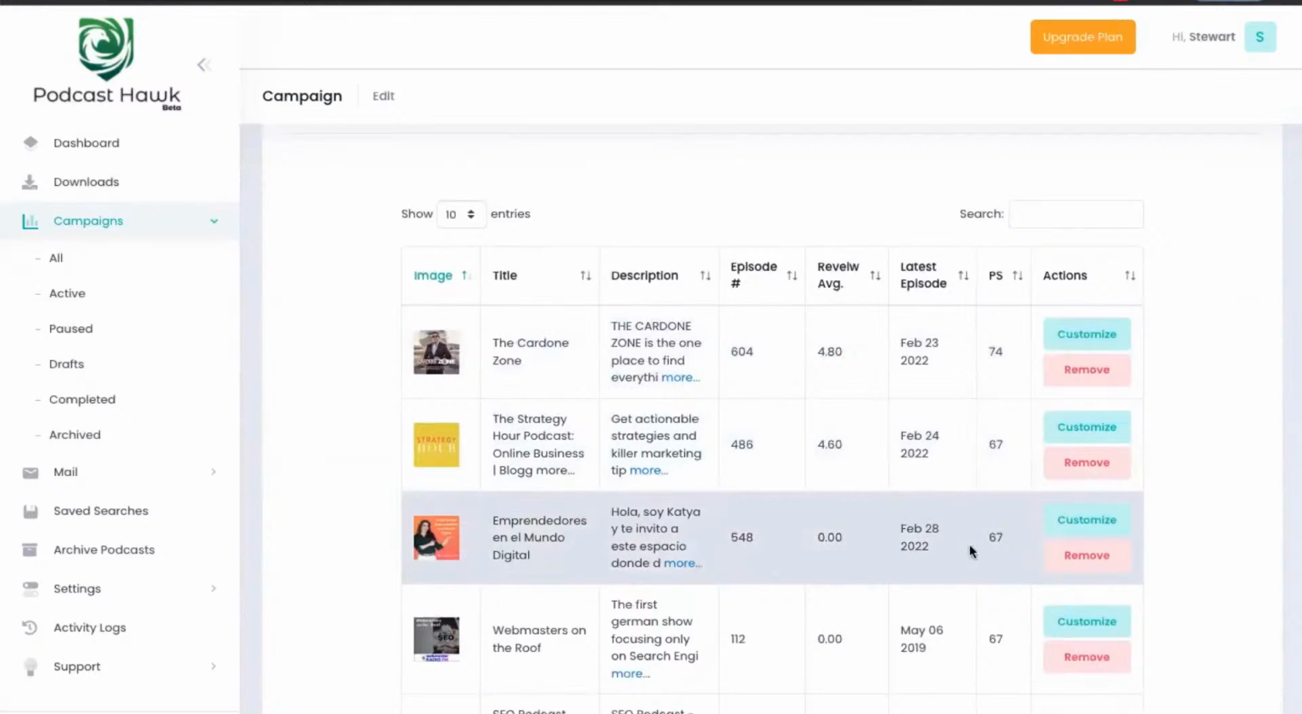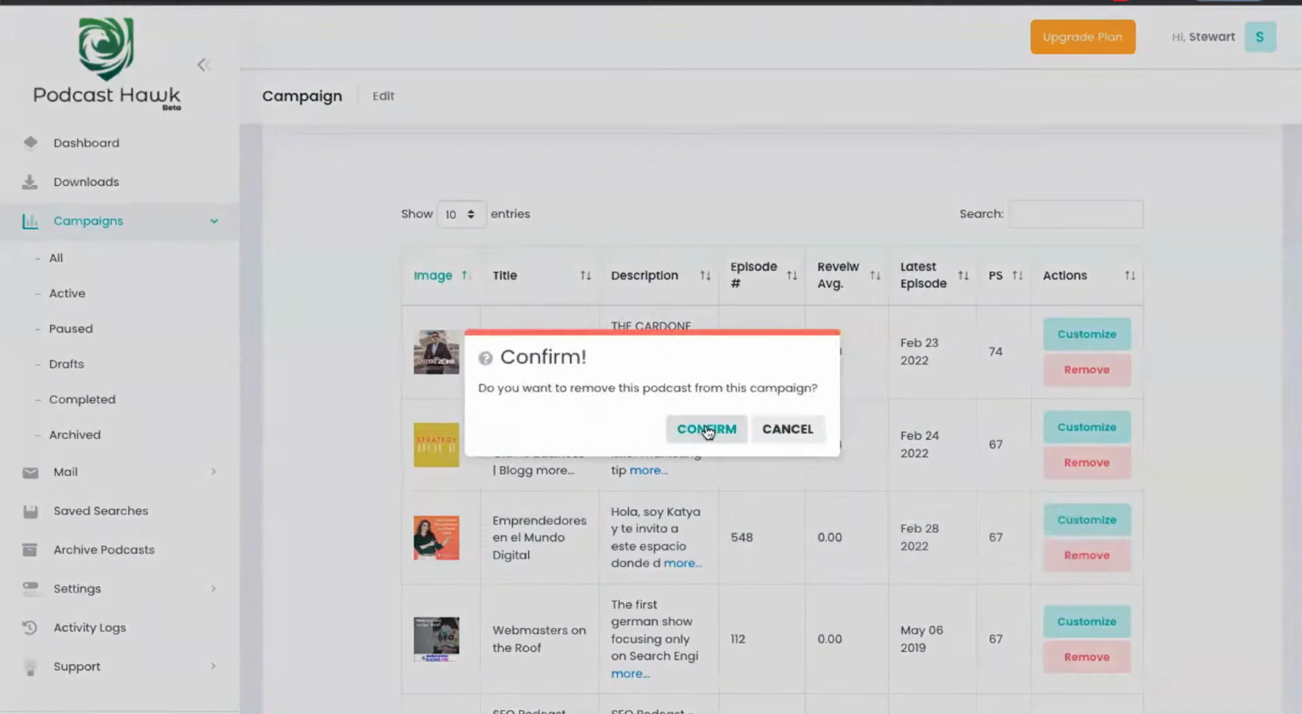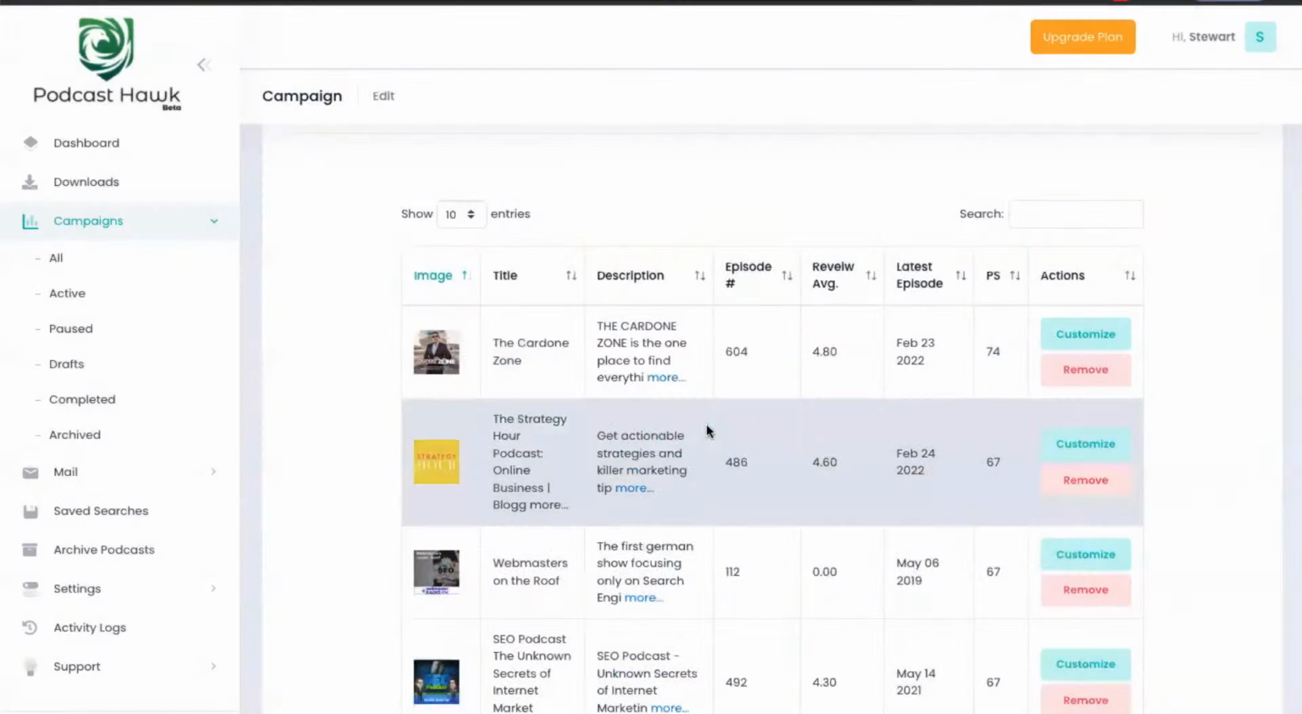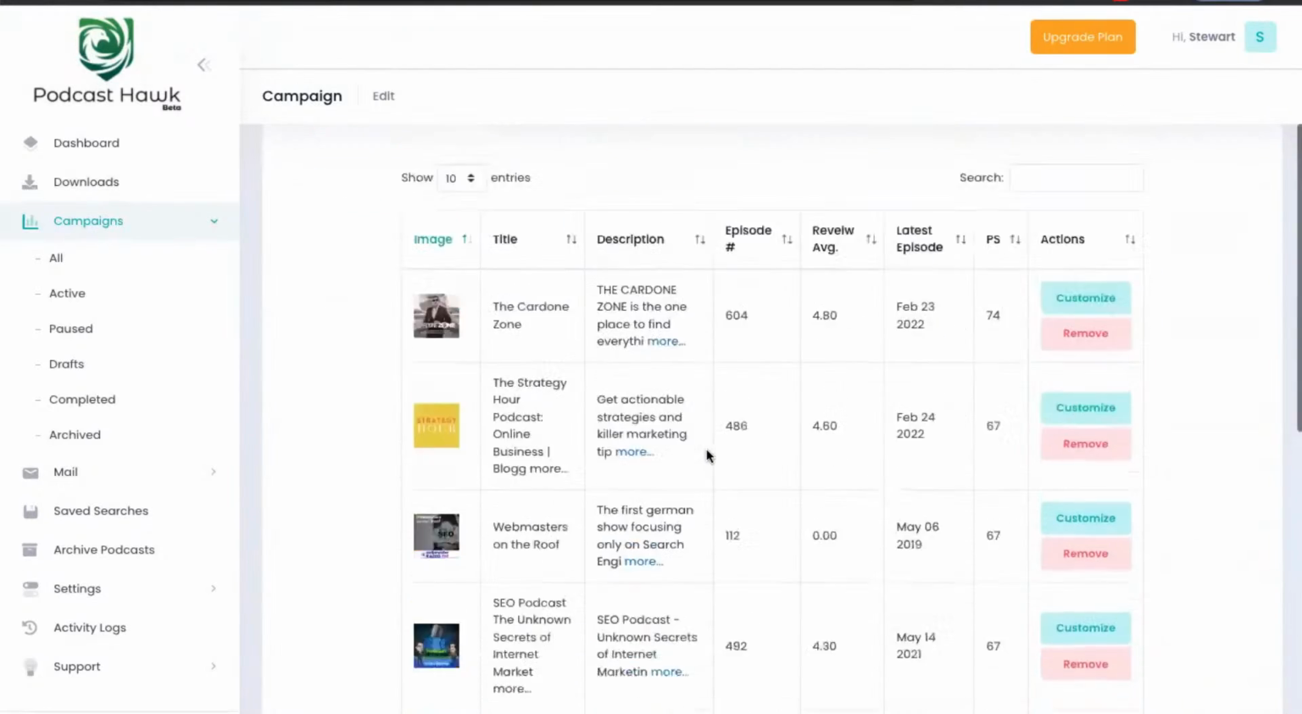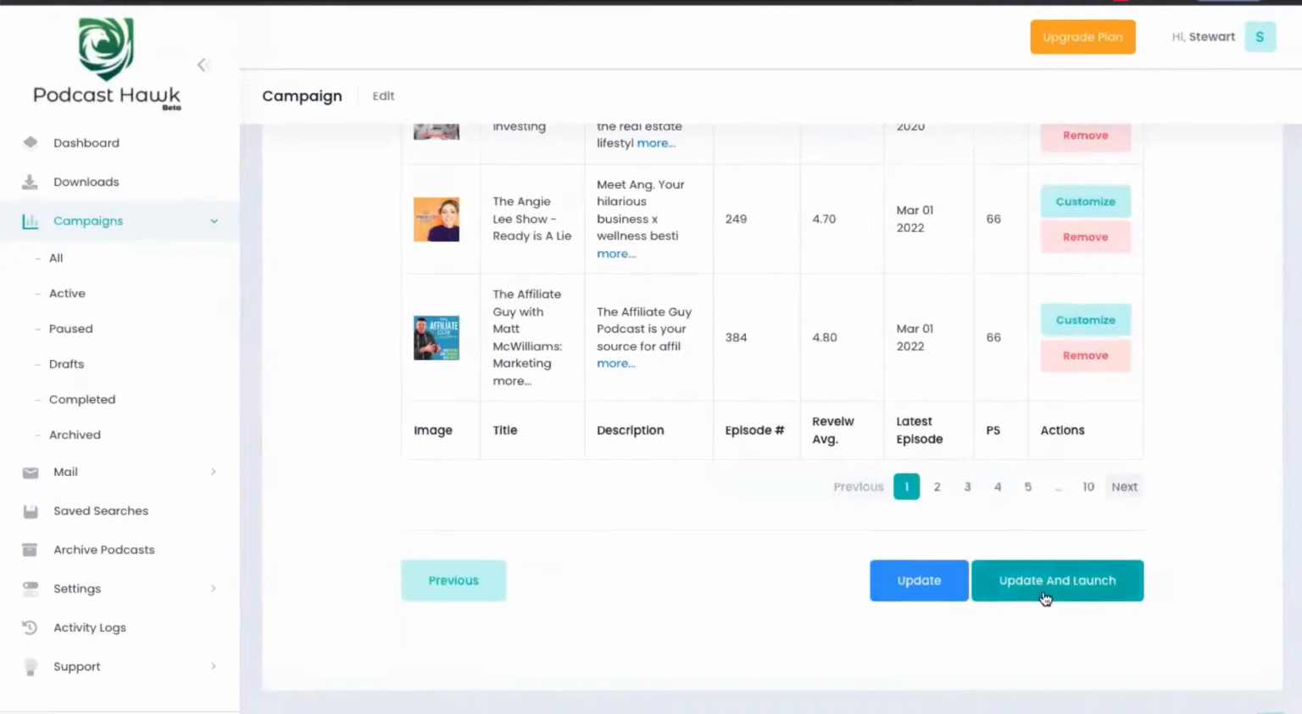There's no point in me reaching out to a Spanish show, so I could remove that from the list and go, yeah, don't reach out to that show because it's not relevant. It looked great at the time, but I made a mistake. And once you've done all that and you're happy and you've done everything you want to do, you click update